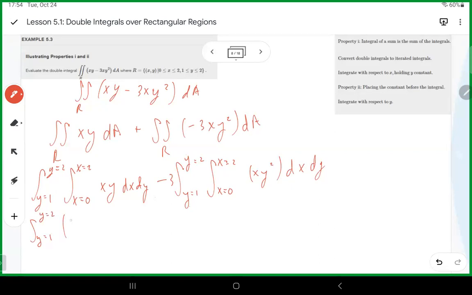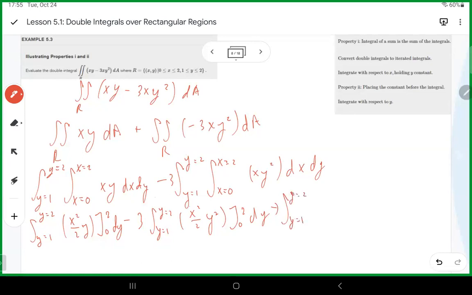And you'll get x squared over 2, y from 0 to 2, minus 3 x squared over 2, y squared from 0 to 2, dy. And then we'll end up with 2y dy